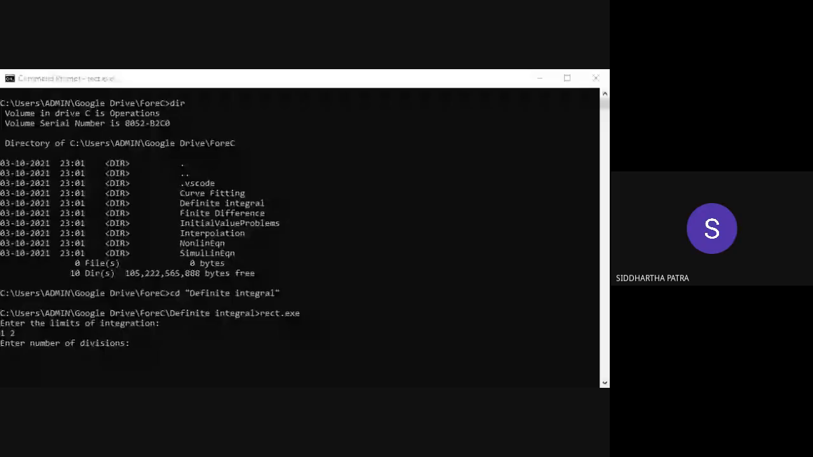Okay, so it was disconnected, but I believe I have been able to mention that I'm integrating 1 over x, and the program, as you can see, is asking for number of divisions, and in the program, I have to set a maximum limit, and that limit is 20. And if I input